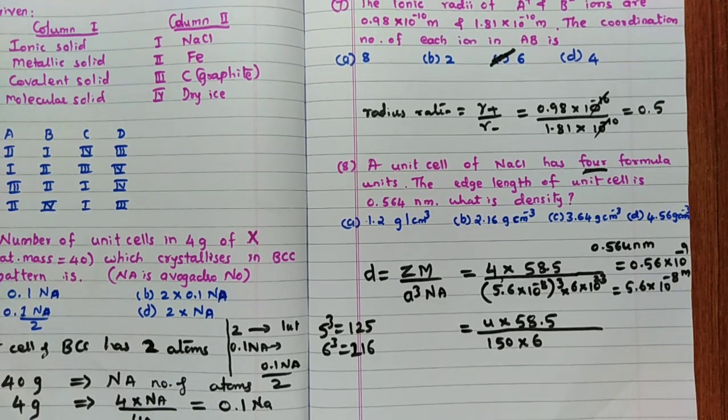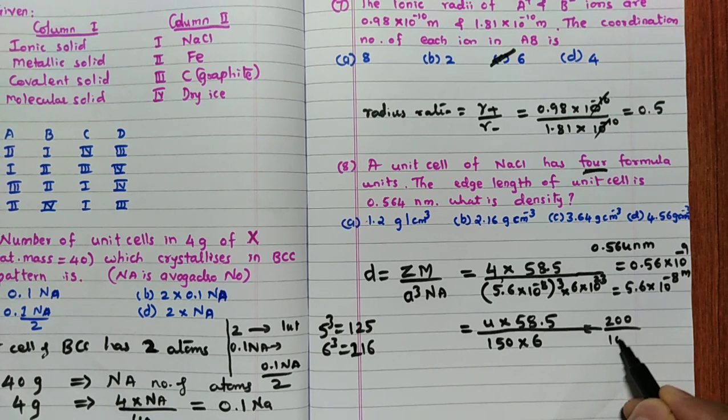So right. So after this you can see here 150 into 6. Correct? 4 into 58.5. So here 4 into 58.5, here I will take it as around 50. 54 is a 200 I will take divided by 156. 15 6 how much? So 90. 15 6 is 90. We know that, right? So 150 into 6 is 900.